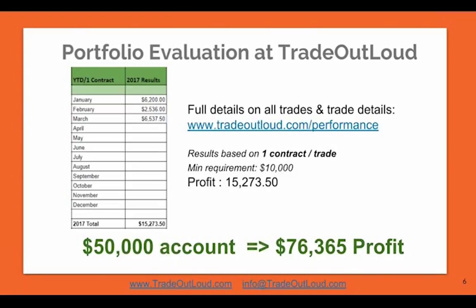I just want to share with you our portfolio evaluation here at TradeOutLoud, and these are the results from trading only 2 hours per day, from basically 9:30 when the market opens until 11 o'clock. So these are the results based on only one contract per trade. Minimum requirement is to have a $10,000 account. And why is that? Well, because the margin requirements for the indices have been growing, right? There are 6,000, 7,000 right now margin requirements. Russell is the only one that has plateaued around 3,500, right? But the rest of the mini indices